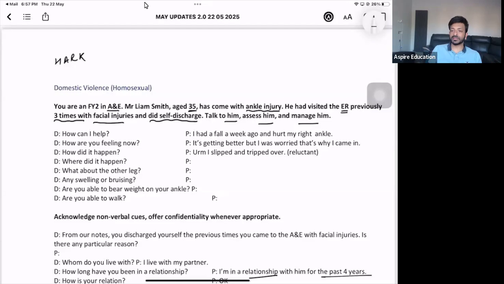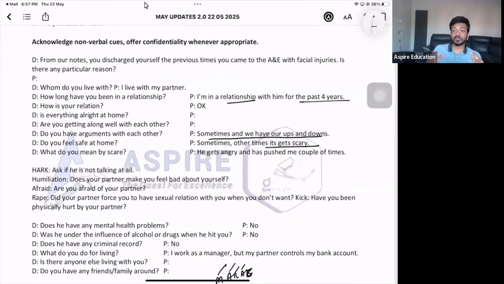Try to reassure them in the beginning, and only then offer confidentiality. Don't offer it straight away in the beginning, right? And whenever you say confidentiality, always say it's going to be between you and the team until everyone is safe. Don't say it's going to be between you and me. You and me, it's wrong. It can't be, because you're going to write it in the patient's file. That's going to be accessible to your colleagues as well.